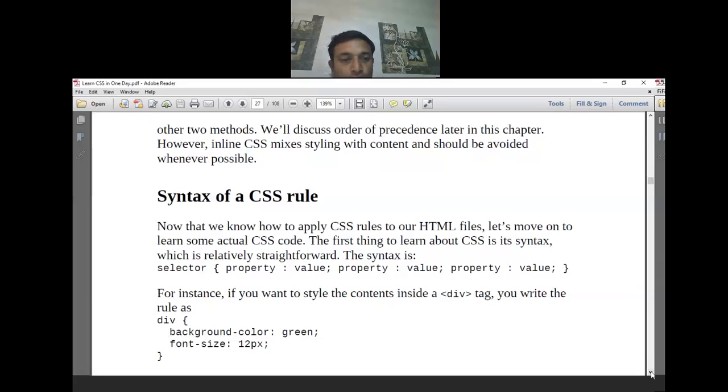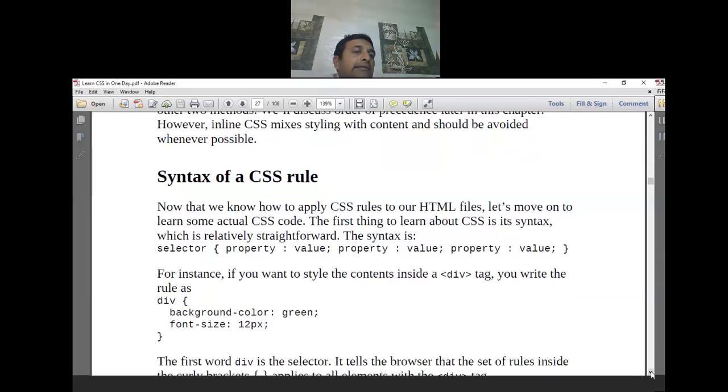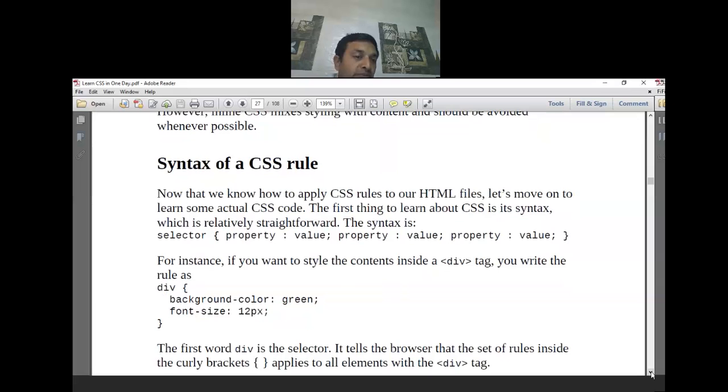If you want to use this particular rule, you can specify div, background color is green and font size is 12px. So this is the way you can specify it. The selector is div, the property is background color, the second property is font size.